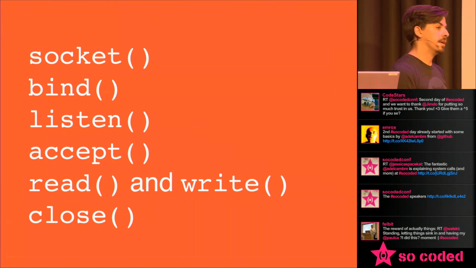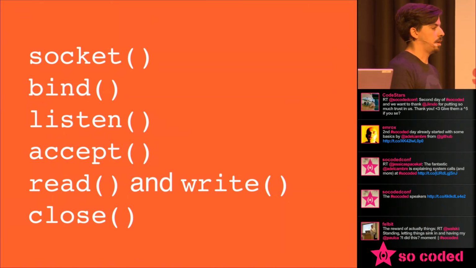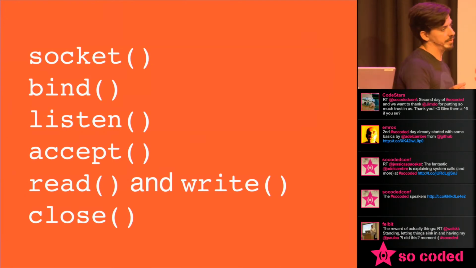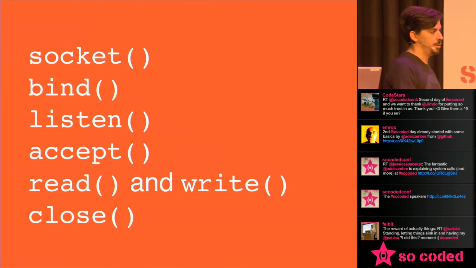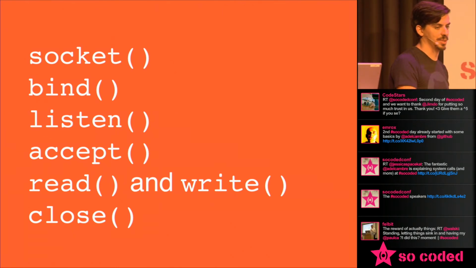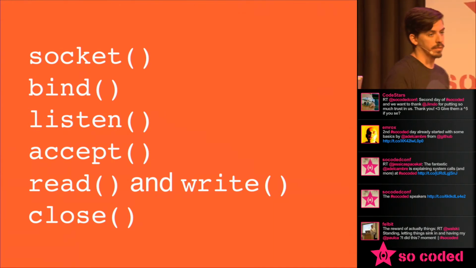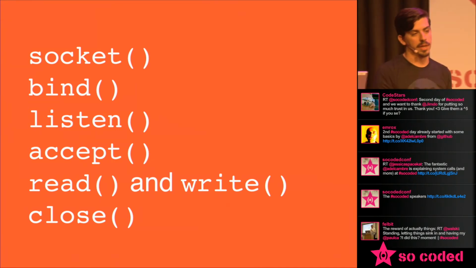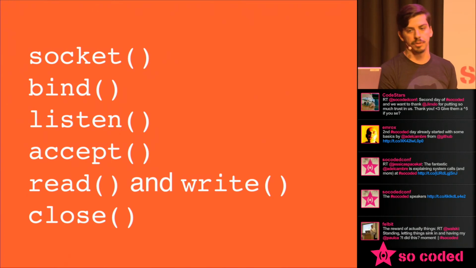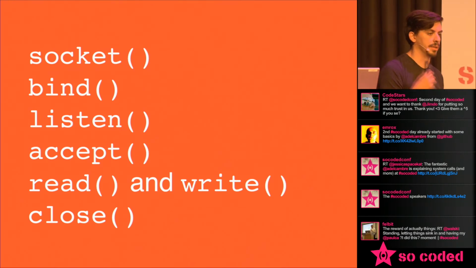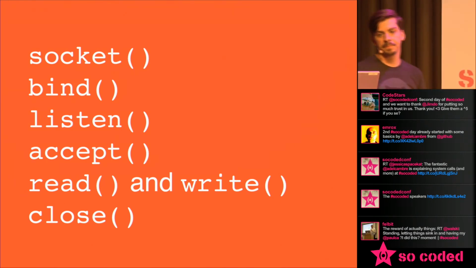So once it's listening, new connections can come in, and then you can call accept. That'll take one of those connections off of the socket and create a new client connection for you, which you can then read from and write to talk over that socket. The last three there should look pretty familiar. That's just the file API. So once you've accepted that socket, the client connection you have is actually a file descriptor, and you can read from it, write to it, and close it just like a file.